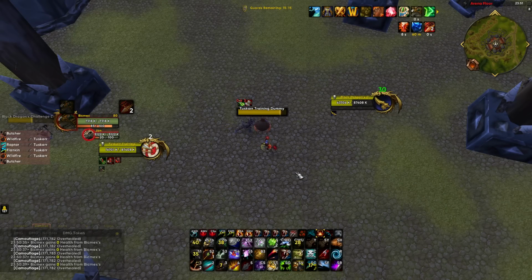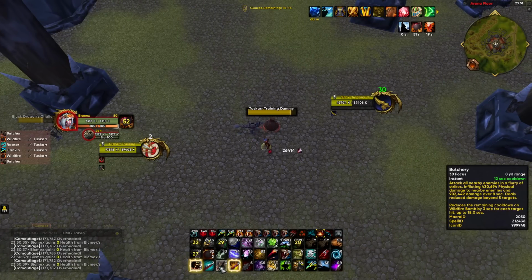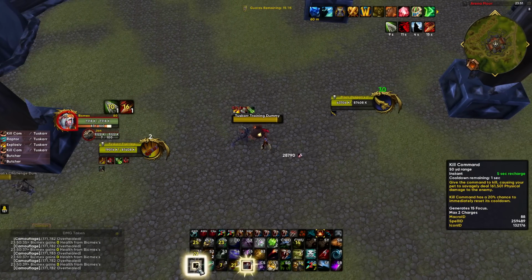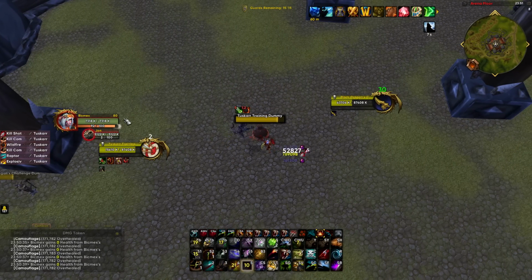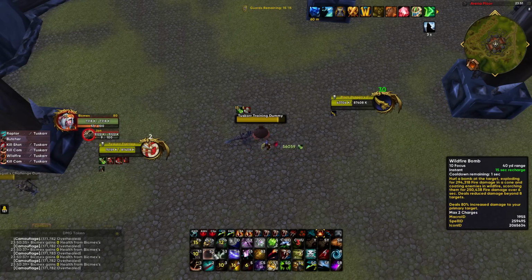So here, for example, I know that I can have a lot of uptime. If you know you can have a lot of uptime, you always want to try to weave in kill commands if you can. So here you can do a butchery, then kill command, then explosive shot, then apply serpent sting, then kill command, then bomb, then you want to buff the kill shot with kill command, and then press butchery, then reapply your serpent sting, then press bomb,